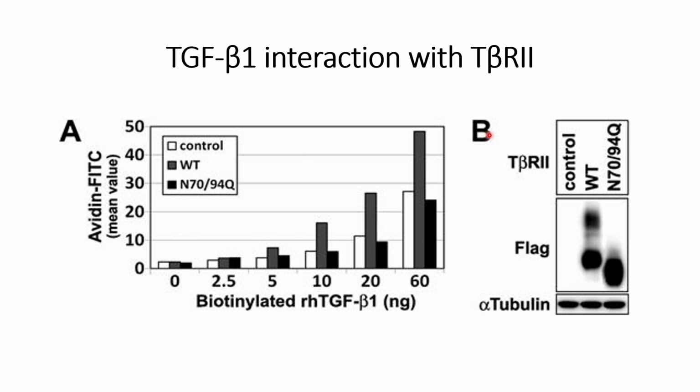endoplasmic reticulum. Afterwards, they confirmed the transfection using Western blot, where they checked the transfected T-beta receptor using the flag tag. Since the control is transfected with the empty vector, they do not see any signals, and this flag tag will show signals only for the transfected T-beta receptor 2, not for the endogenous T-beta receptor 2. For the flag tag we are able to see two bands, and the upper band could be because of different sizes of glycosylation that occur.